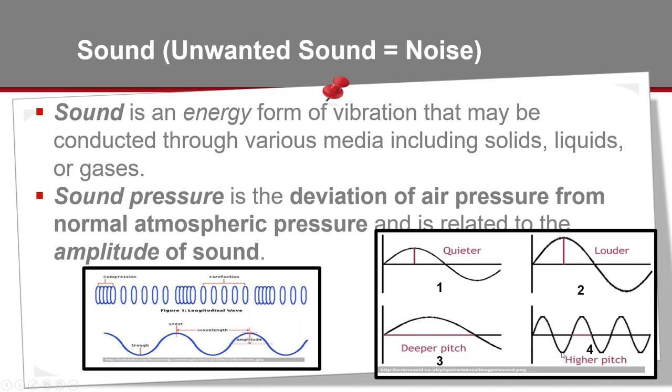So number 4 is higher frequency, and number 3 is lower frequency because it has a longer wavelength. Shorter wavelengths mean more wave cycles within a given time. Frequency is measured in hertz, loudness is measured in decibels, and you can see comparing 1 to 2, the amplitude is higher, so 2 is louder than 1. And when you compare 3 to 4, 4 represents the same loudness but higher frequency because of the number of wave cycles.